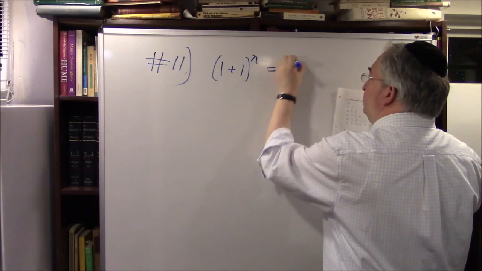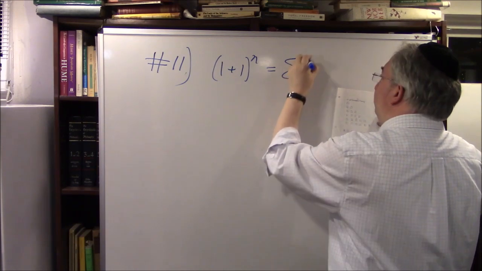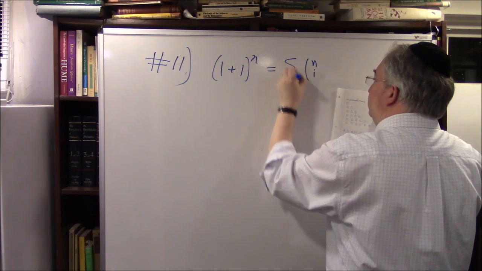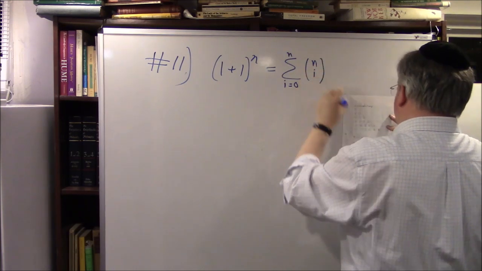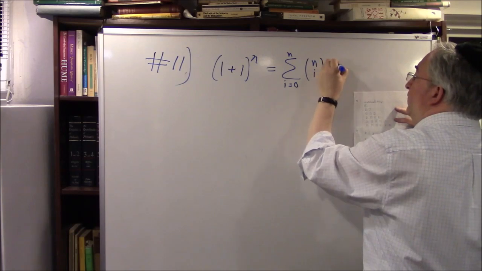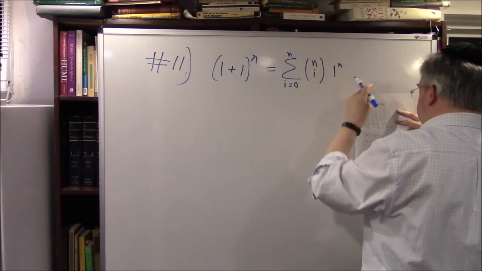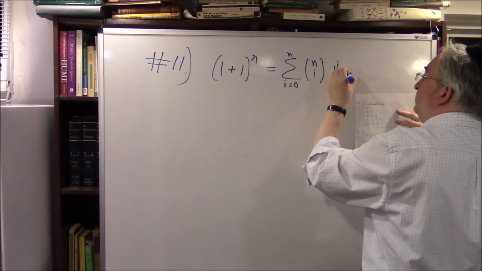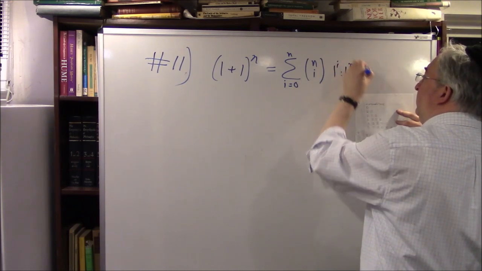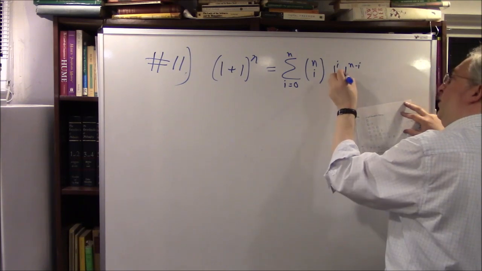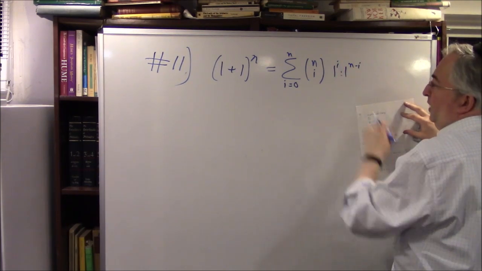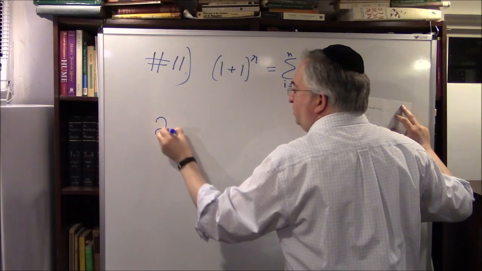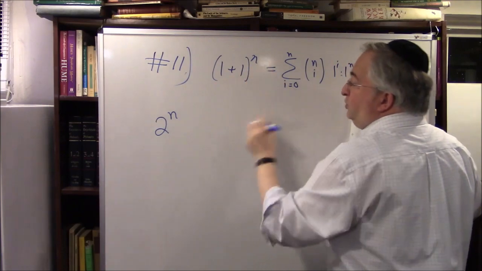This is equal to the sum, as i goes from 0 to n, of n choose i times 1 to the i times 1 to the n minus i. Well, 1 to the i times 1 to the n minus i, whatever, that's just 1. So what this really shows is that 2 to the n, since 1 plus 1 is 2, is equal to,